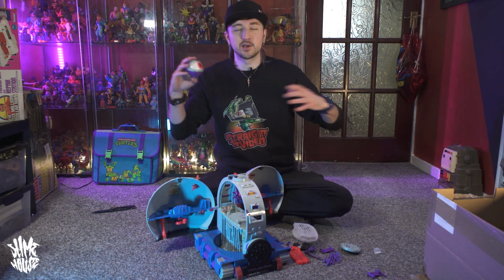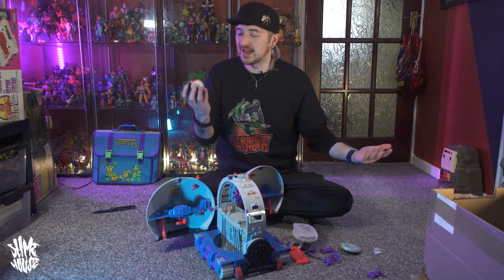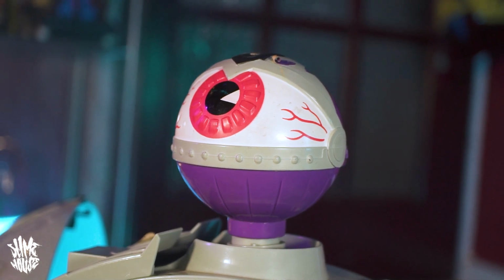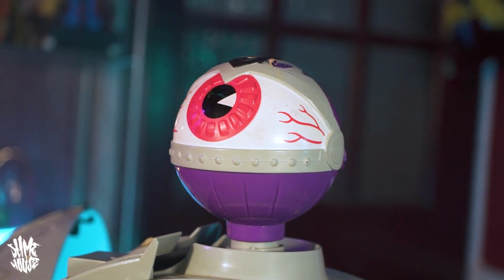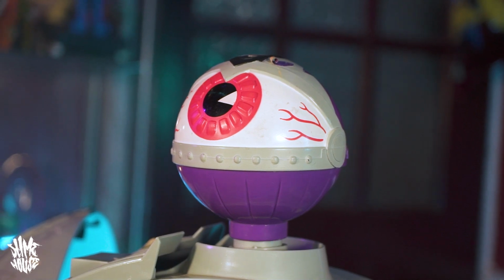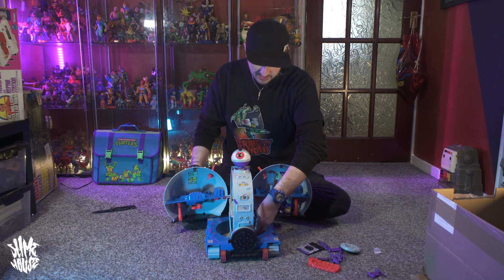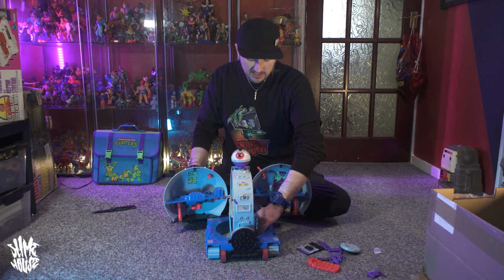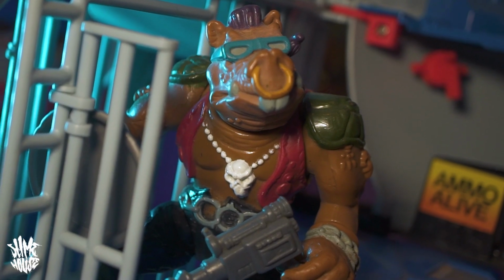And if you're like me and you're a fan of gross art toys and Mad Balls and 80s figures, then you're always a sucker for a big veiny bloodshot 80s eyeball. So as far as I'm aware, the only pieces missing are the tiny handcuffs that fit on the jail cell, which obviously I've already been eyeing up on eBay, and they're a bit more than I'd want to pay for something that I don't